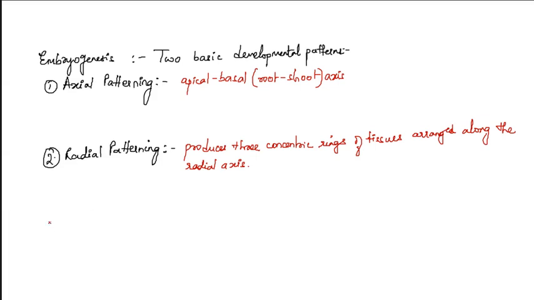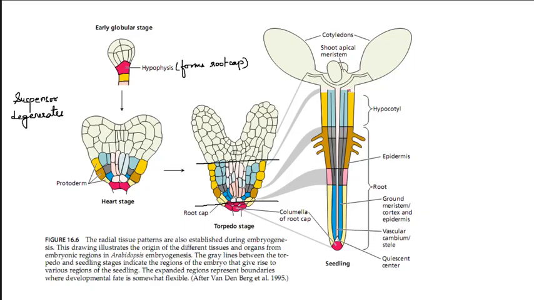Okay, so axial patterning is what? That the shoot apical meristem is at one end. Okay, look here in the picture. Just think that this is axial, which is apical and basal axis formation. So the shoot apical meristem is at one end of the axis and the root apical meristem is at another. Here is root apical meristem, I write RAM. Here is shoot apical meristem, which is at one end.